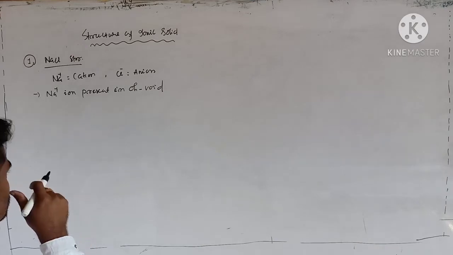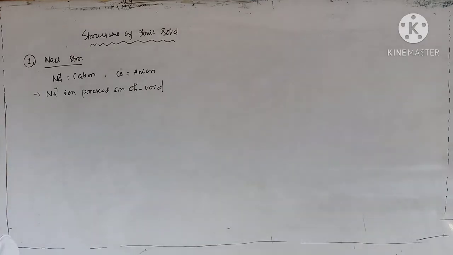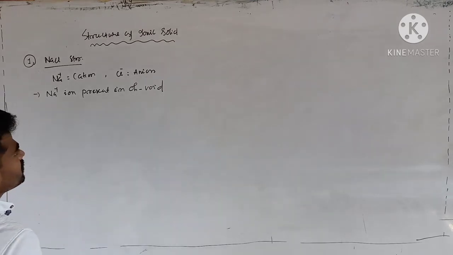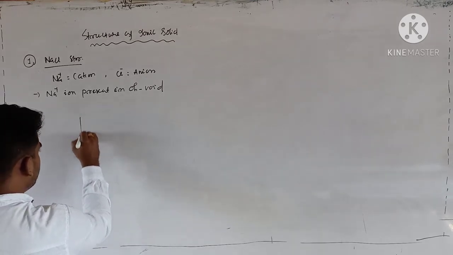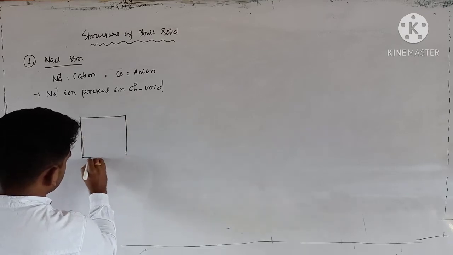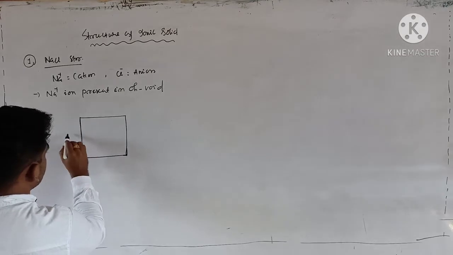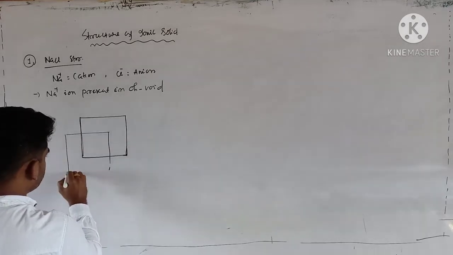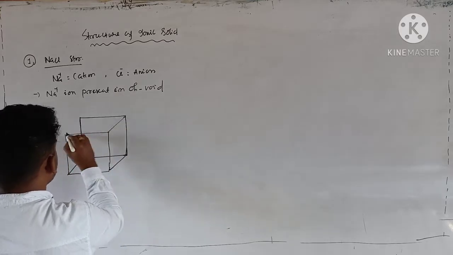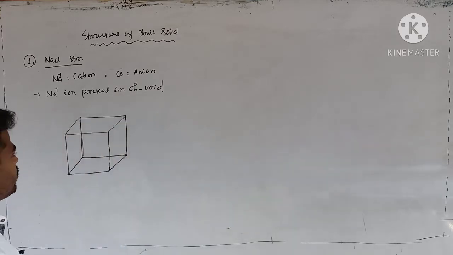Is that clear? So octahedral void means the coordination number will be 6. First we have to calculate the number of Na plus and Cl minus ions. We are considering the FCC unit cell over here. If Na plus ion is present at the octahedral void,